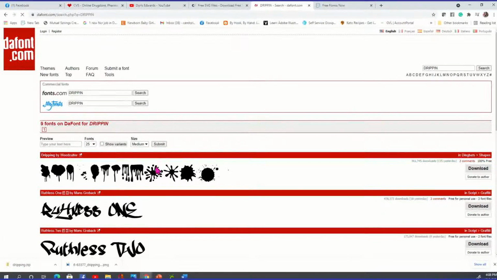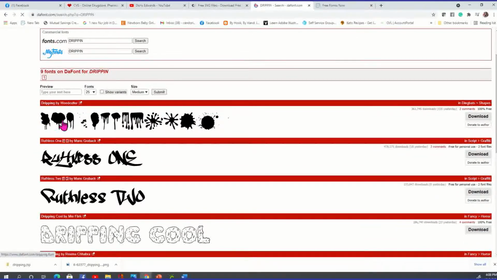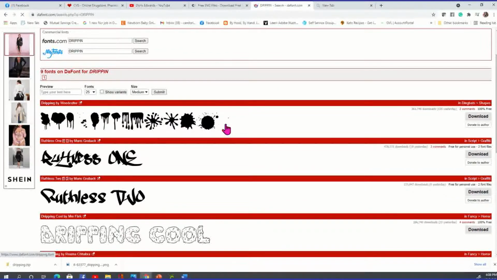And what that's going to give you is a dripping effect font. So it's not going to look like words, it's going to look like dripping, what you see on the lip clip art designs. And you want to go ahead and download that. Now I've already downloaded mine, but I'm going to walk you through the process. When you click on download,